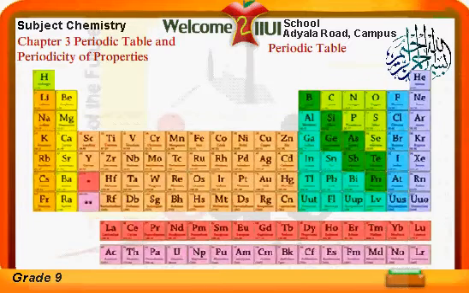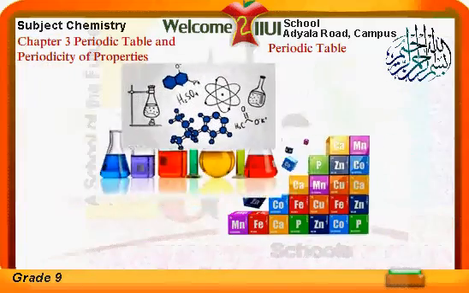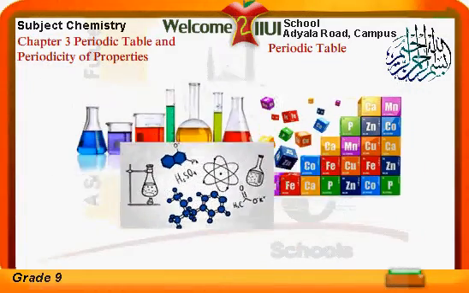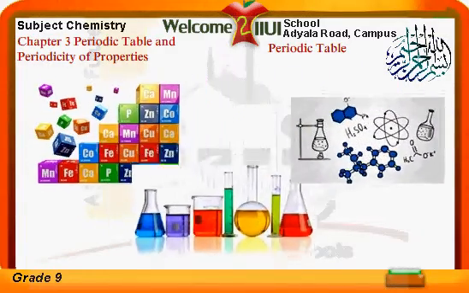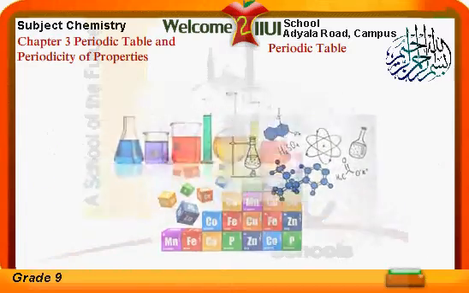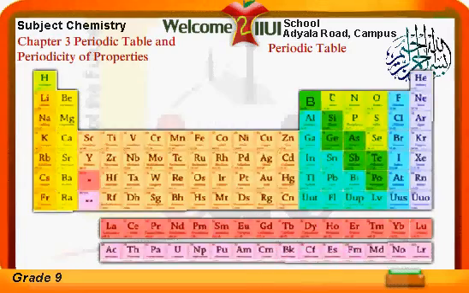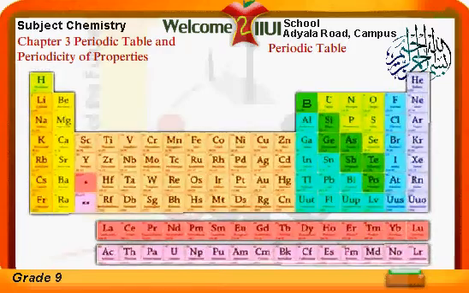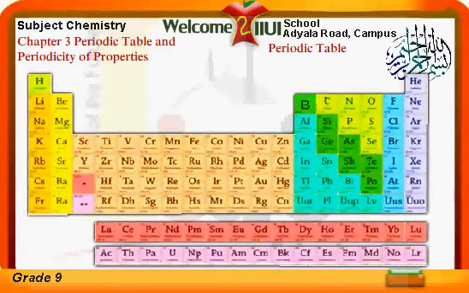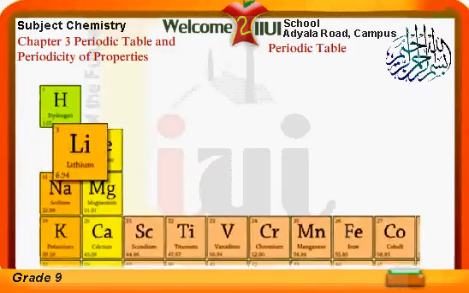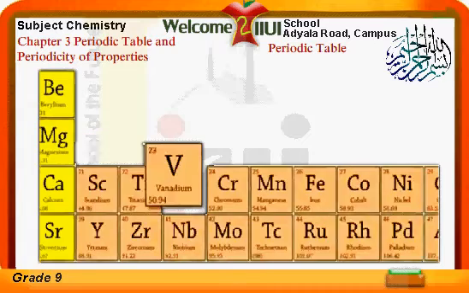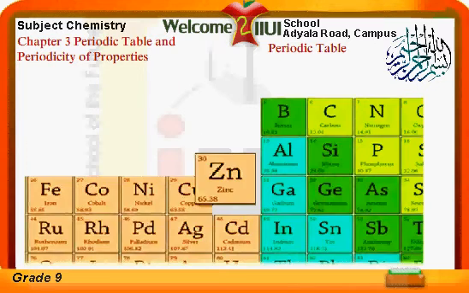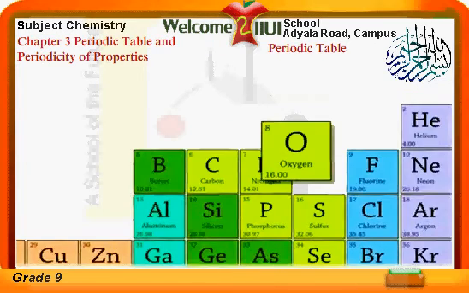The periodic table is the most powerful tool chemists have for organizing chemical information. Without it, chemistry would be a chaotic, confusing jumble of seemingly random observations. Students, what makes the periodic table really invaluable is its use as a predictive tool. You can predict a lot about the chemical behavior of an element if you know where it is on the periodic table.